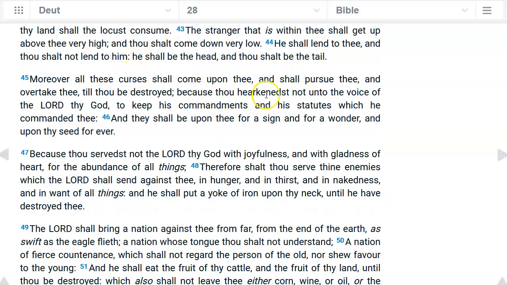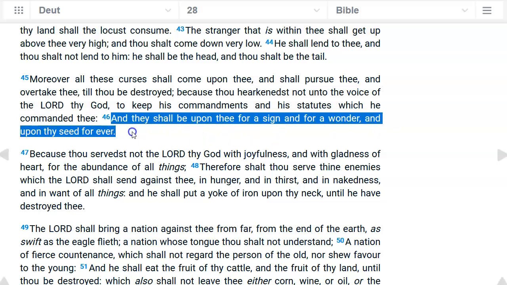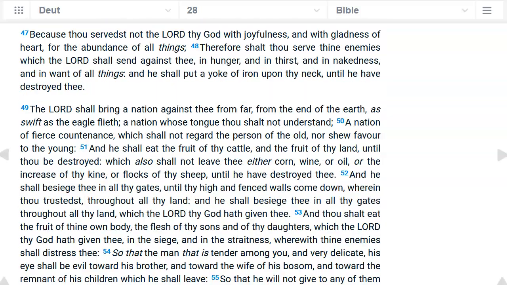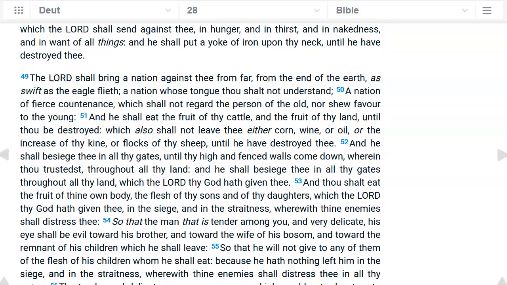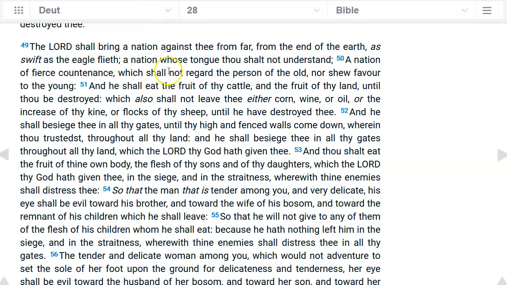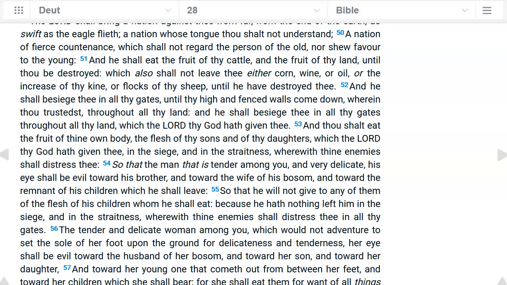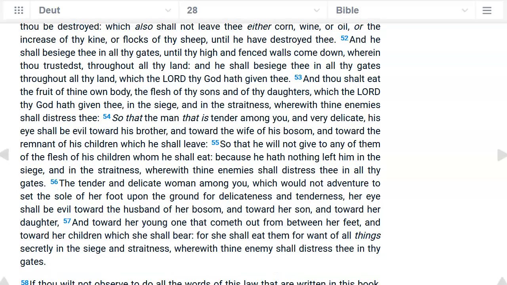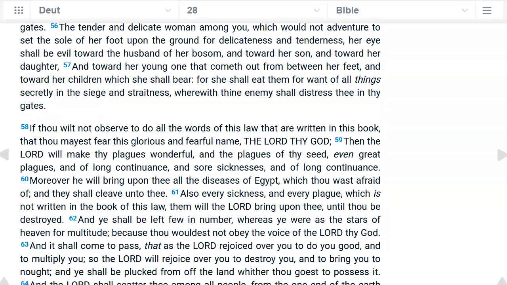Yep, there it is. There's the verse I was looking for. And they shall be upon thee for a sign and a wonder, and upon thy seed forever. Now let's also go down here. I want to specifically get the word scattered. We already saw crushed, right? Which is a synonym for broken. So let's just go down to